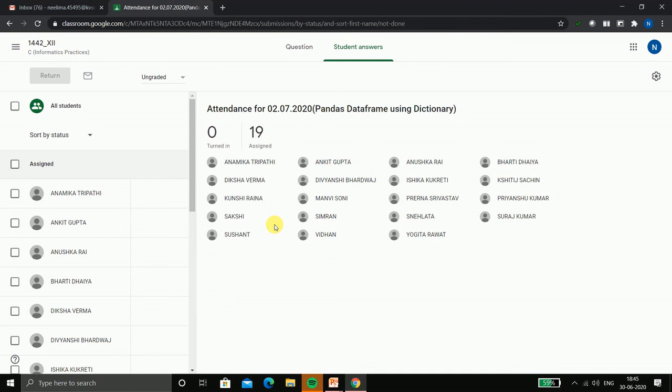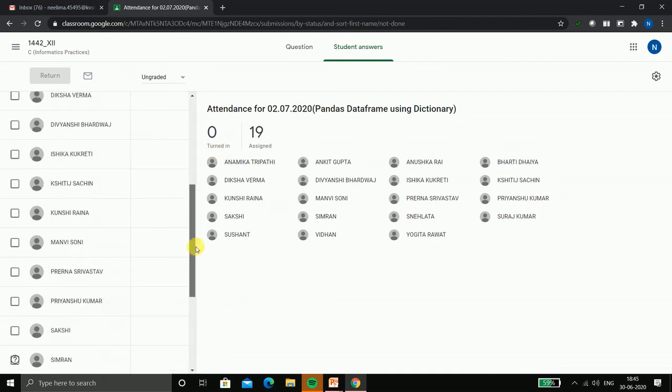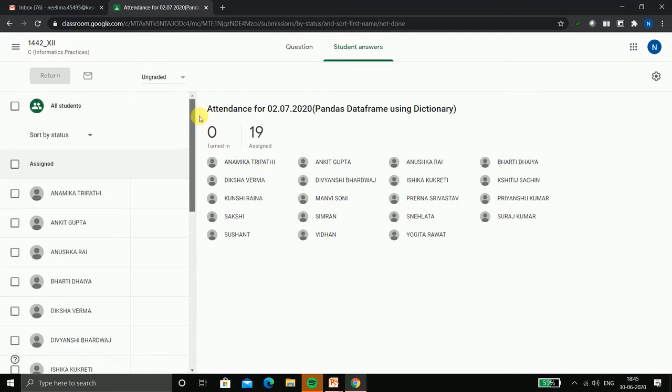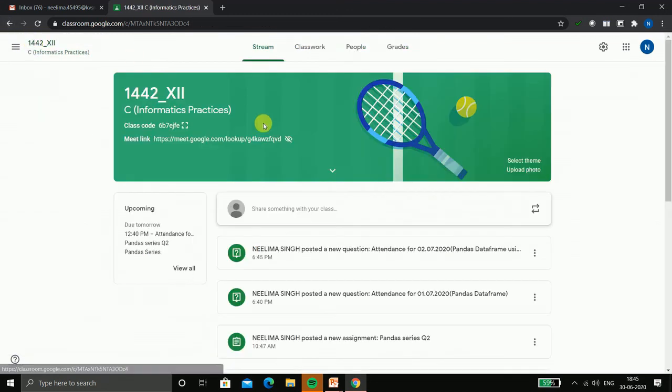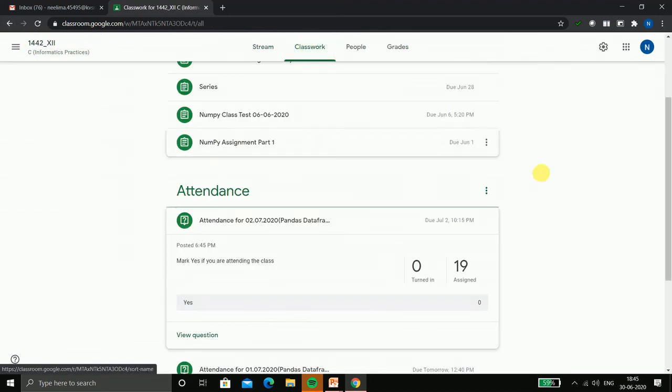All 19 are coming here, and these are all in the assigned section. That means I have not received any response from these students. So in this manner you can easily keep a track of day-wise attendance for your class.